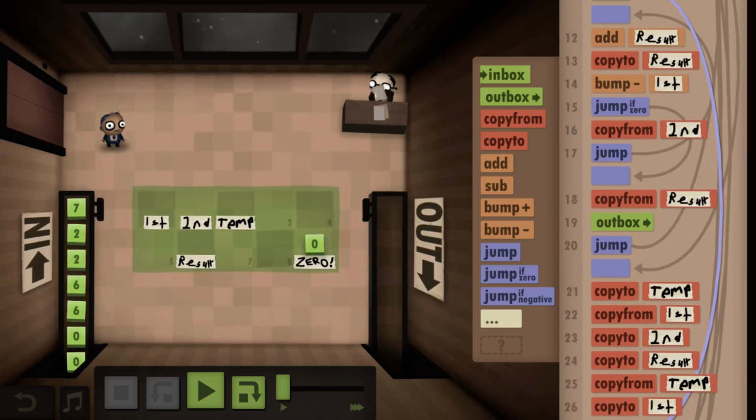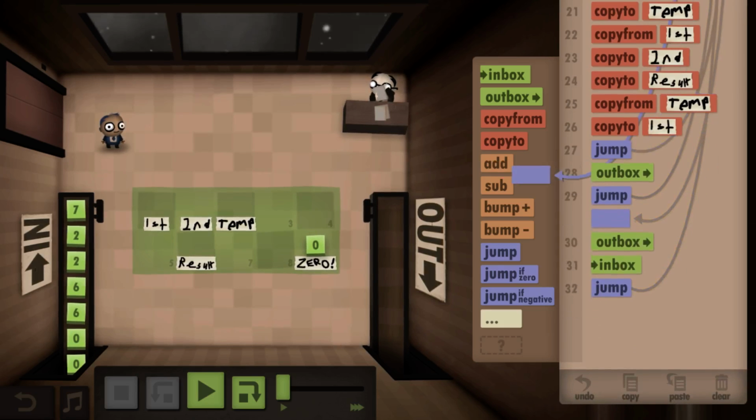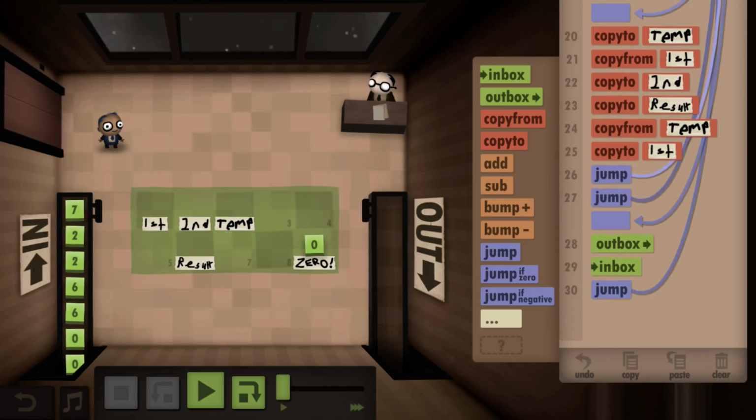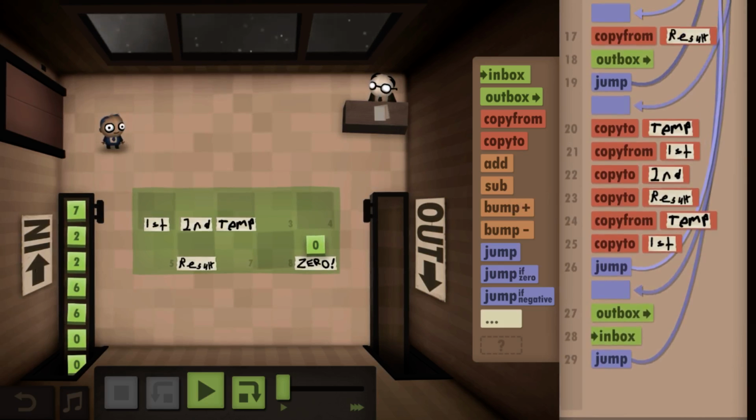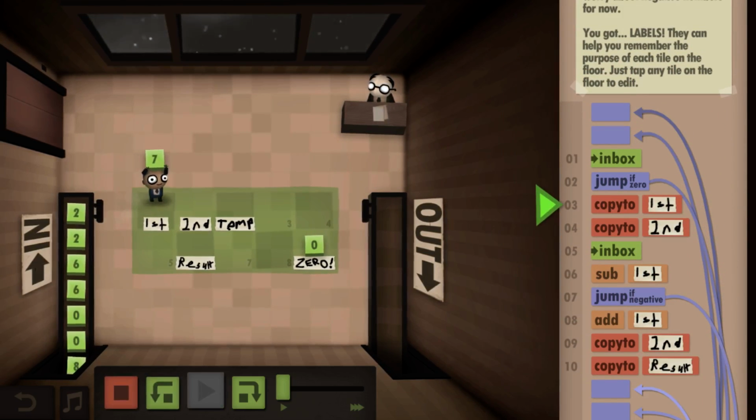This copy from result in this outbox reduces the need of this to nothing, and that should work. Let's see.